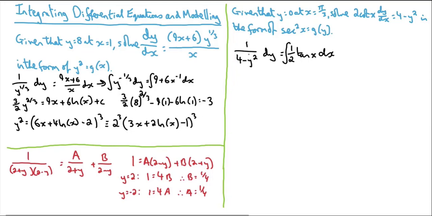Therefore, this could be written as 1 over 4 lots of 2 plus y plus 1 over 4 lots of 2 minus y, all dy being integrated, and again this so far could have stayed the same, it's just the integral of a half tan x dx. To integrate these,